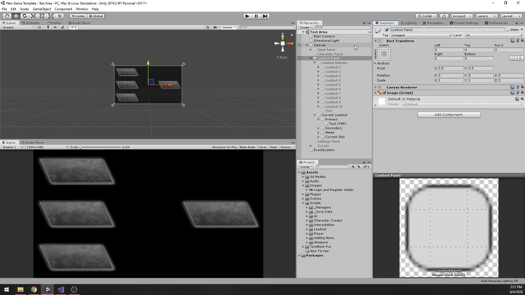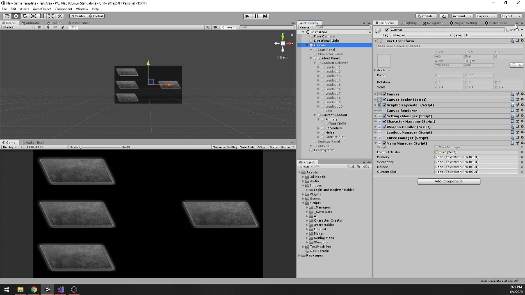Oh, my inspector's still locked. Go back to our canvas, lock it up, bring in TM Pro. I'm just gonna set all of these. Then we're gonna bring in current slot as well. We're gonna save that. So now,